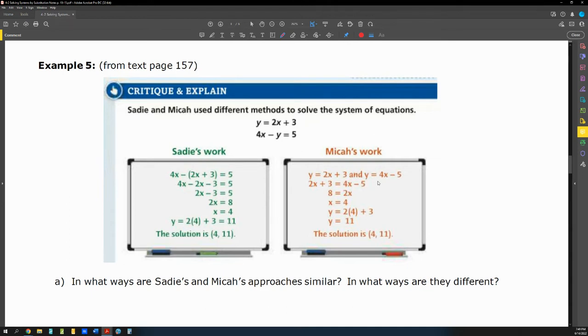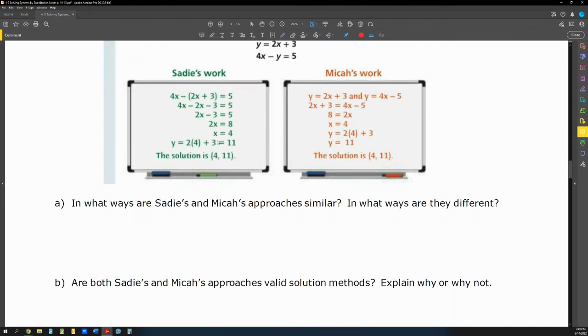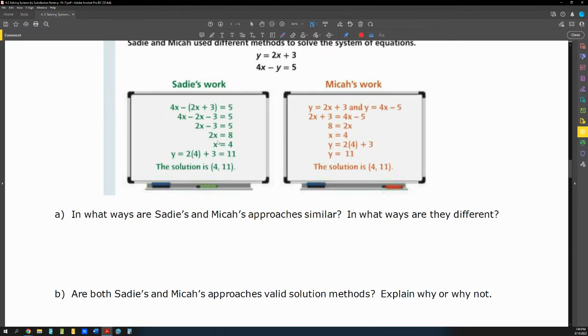Micah solved for y in the second equation and then set both equations equal to one another. And then solved for x and got x equals 4. Micah then substituted 4 into the original equation and solved for y and got y equals 11, and got the solution (4, 11). So example 5a is asking, in what ways are Sadie and Micah's approaches similar and in